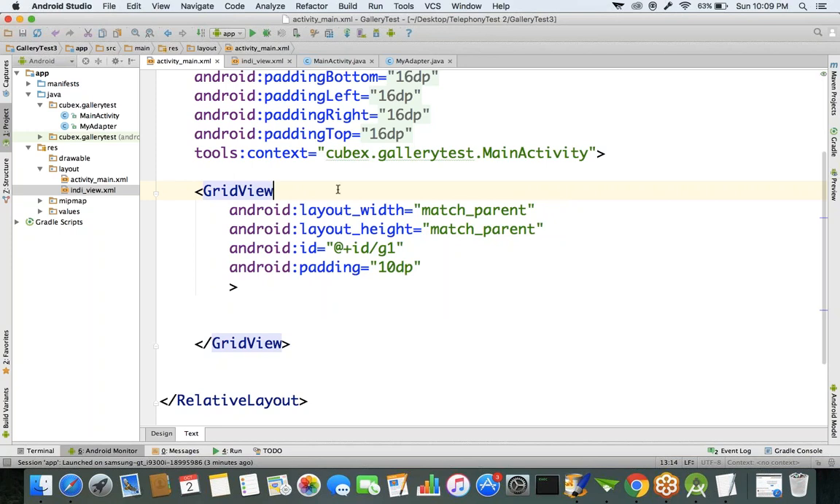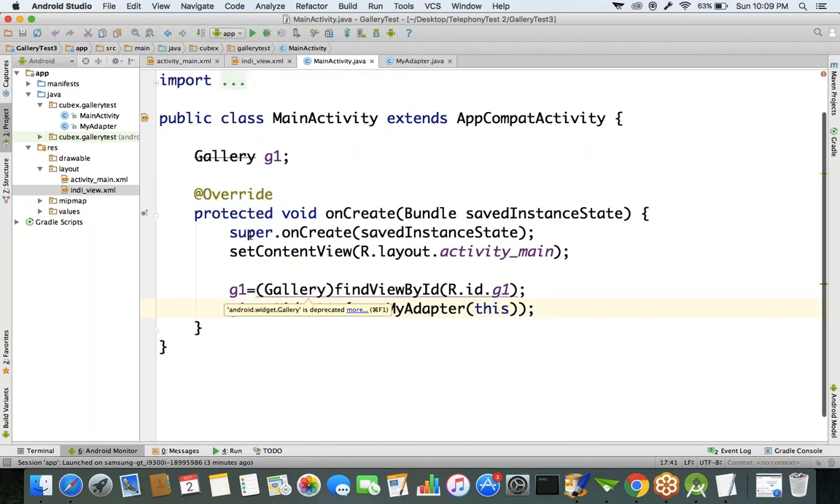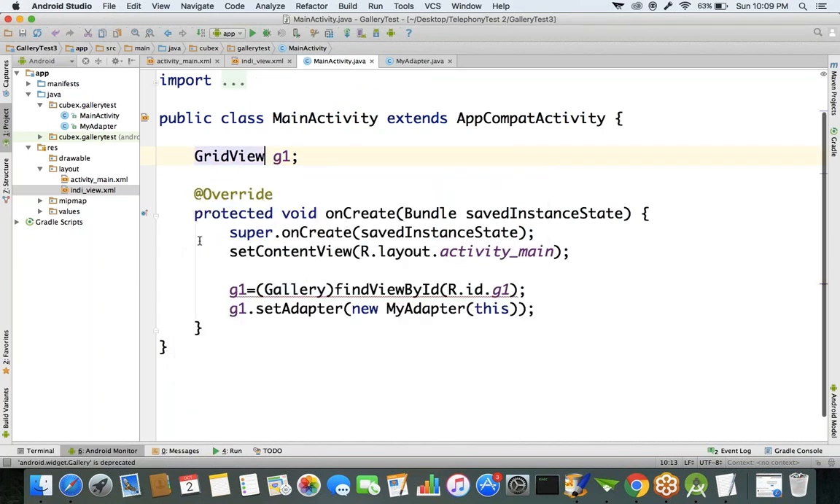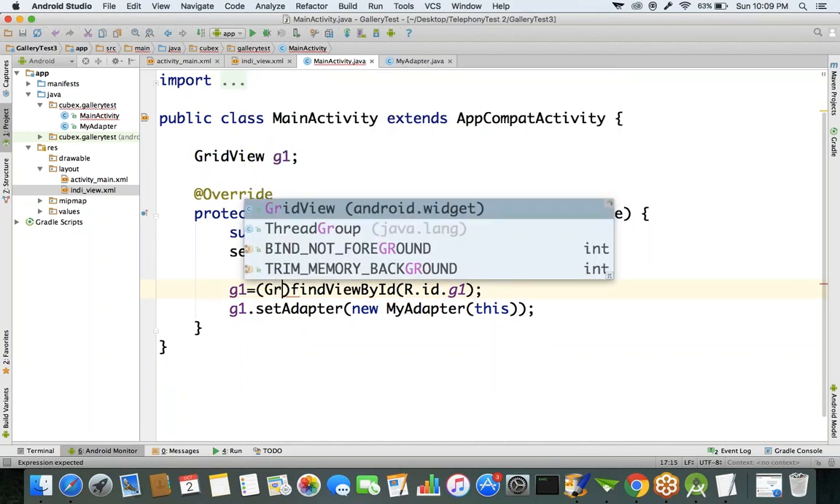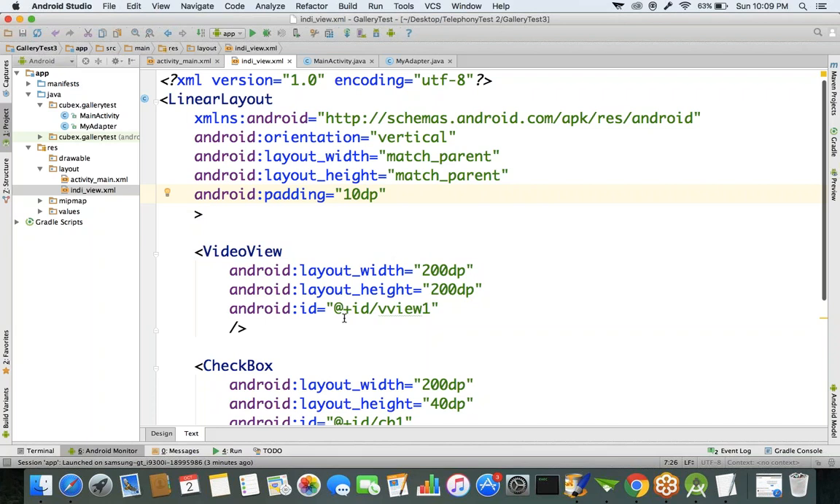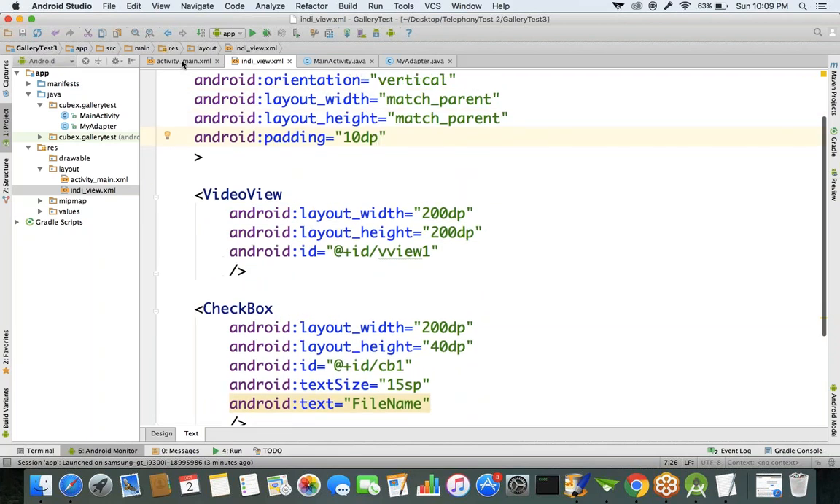Now in your activity XML file, in place of this gallery component, we have to specify a gridview component. That's it. That is the only change: from gallery, I changed to a gridview component. But here another change is, for the gridview component, one important parameter,